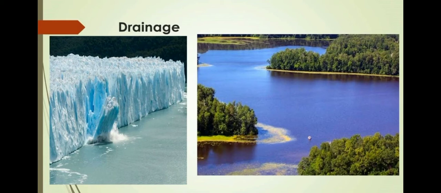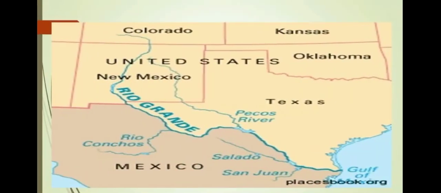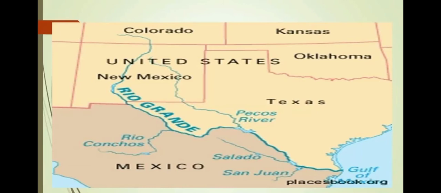The Mackenzie River is the second largest drainage basin of North America. It has its source in Great Slave Lake and drains into the Arctic Ocean. The St. Lawrence has its origin in Lake Ontario, which flows northeast and drains into the Atlantic Ocean. The most famous is the Grand Canyon, cut by the Colorado River, which flows over the Columbia plateau.